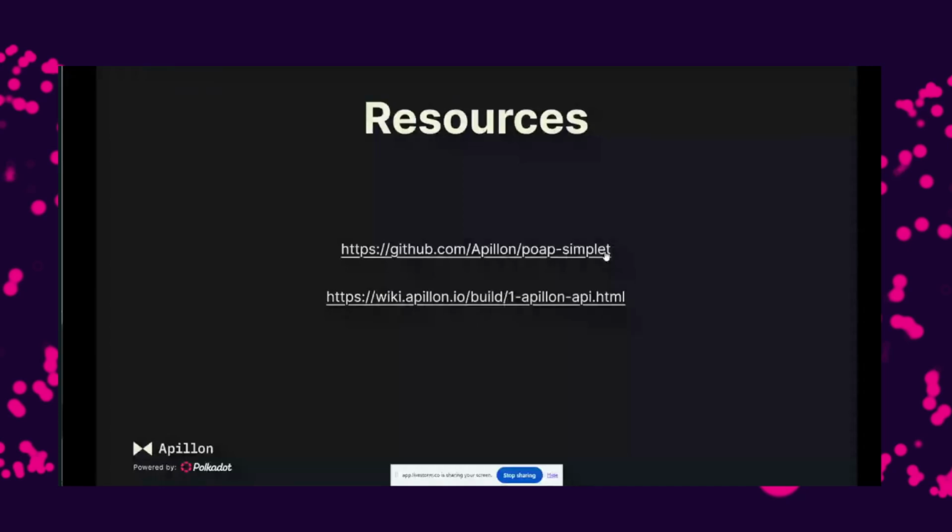exactly the one we saw before. You can take this as a scaffold. If you pull this or fork it or whatever, you will have a lot of code already there. You can see the logic. You will see how it connects to our NFTs, and so on. And obviously, this is the link to our documentation, which I also showcased in the screenshots before.